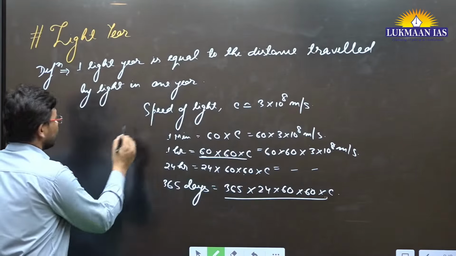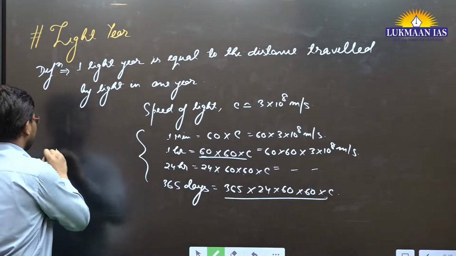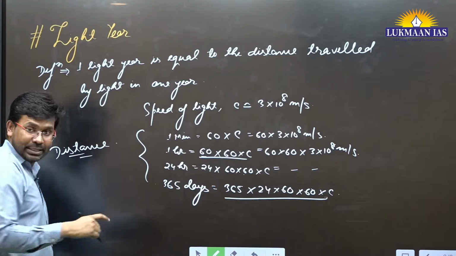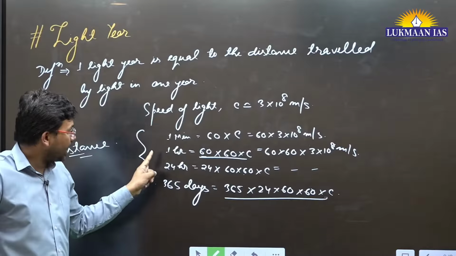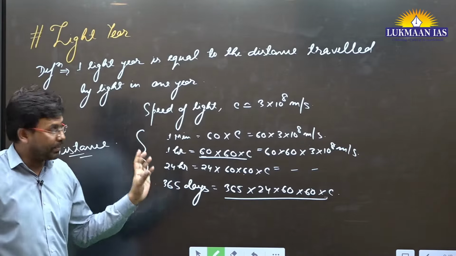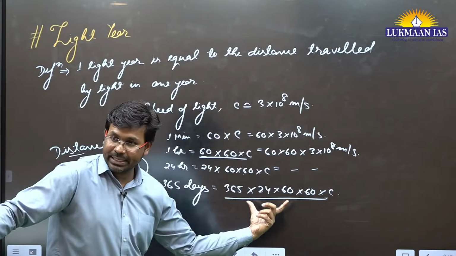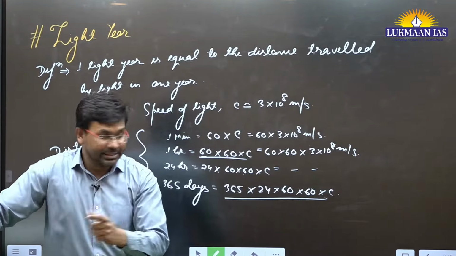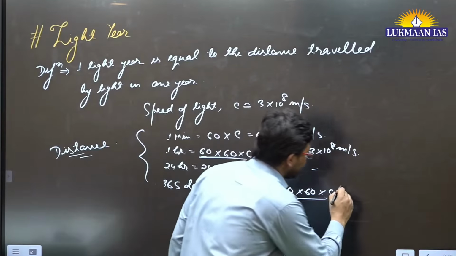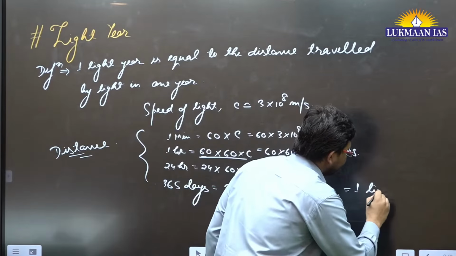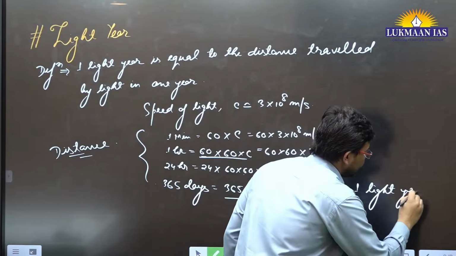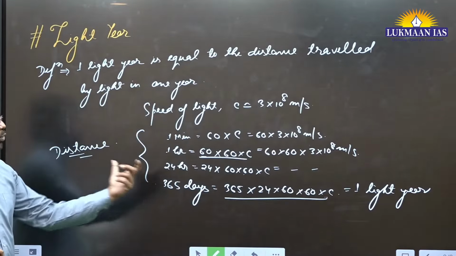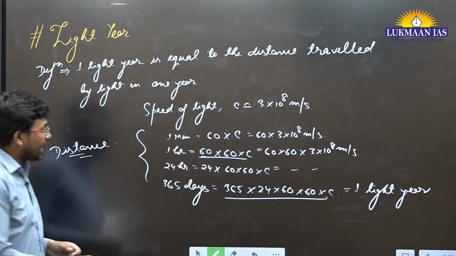So this is going to be the distance, right? Distance that the light travels in 1 minute, 1 hour, 24 hours, 365 days. So this much distance light travels in 1 year. That is, this distance is known as 1 light year. Is it understood? So if we want to calculate what is the exact value of 1 light year in kilometer term,